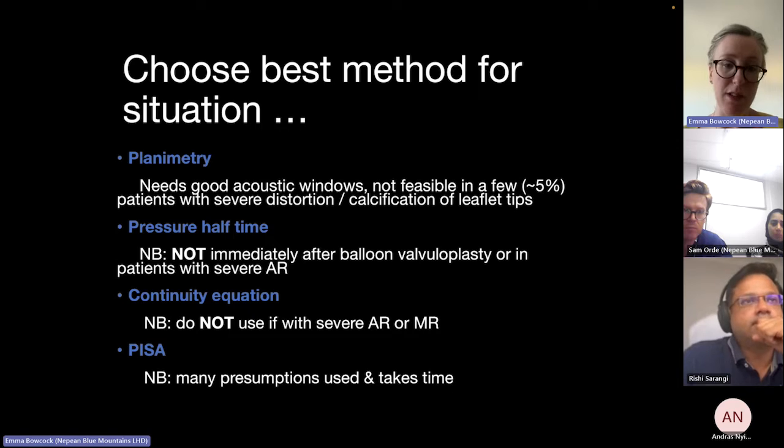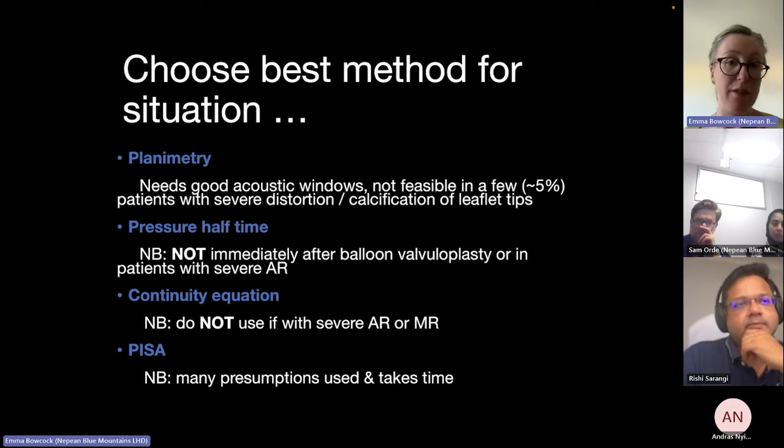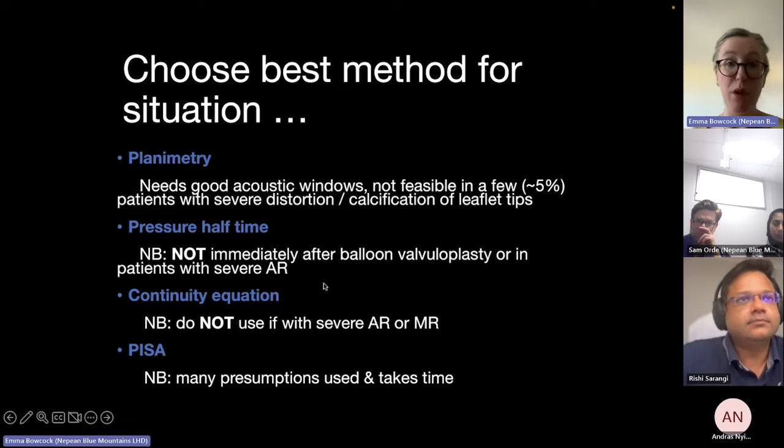Know the caveats with them, so just please have a read about this in more detail. So planimetry, know about the caveats with that, but generally we should be doing it. It's pretty good, especially 3D. Pressure half time, again, not after valvuloplasty, not in prosthetic valves to calculate mitral valve area. You should still measure the pressure half time, of course, because if that's prolonged, that's more in keeping with a stenosis, in both native and prosthetic valves, of course. And there are things that impact compliance of your LA and LV,